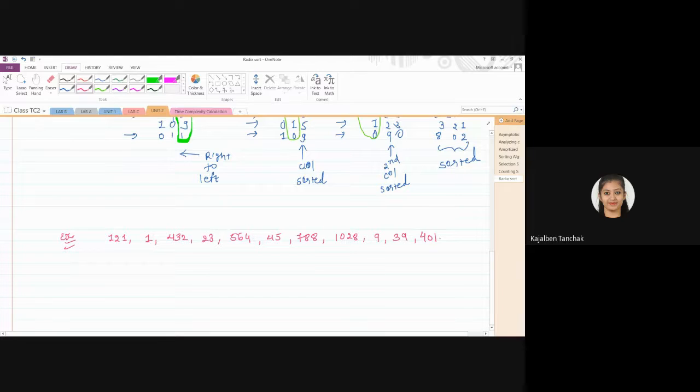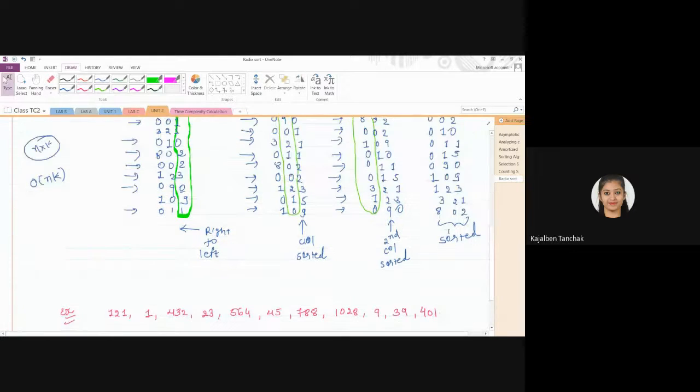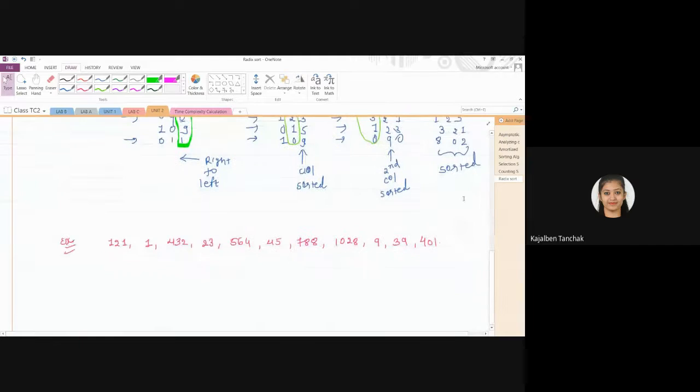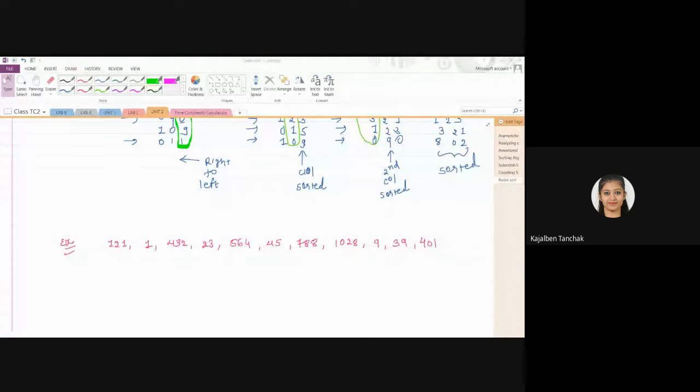This is the example. You have to sort it. You will have 10 minutes to sort this and tell me how many passes you have done and how you have solved it. Before that I will take the attendance. Okay, so everyone please start this example.